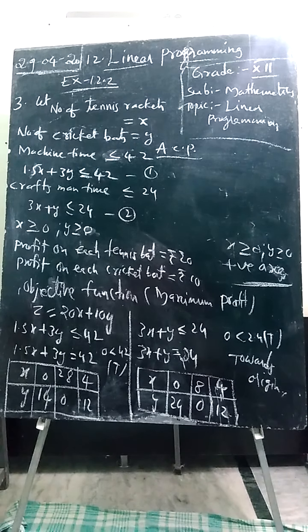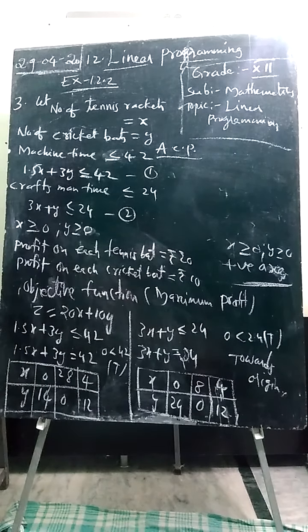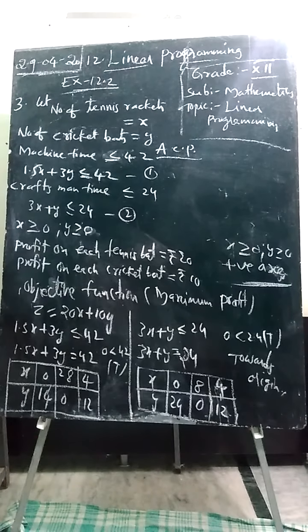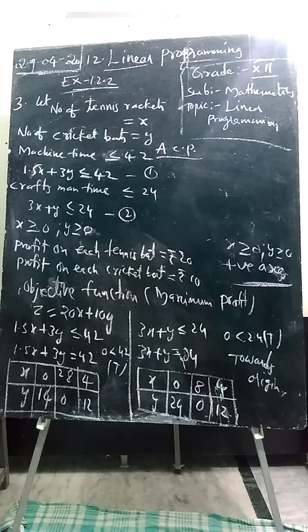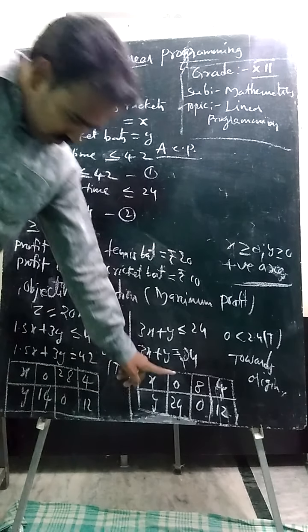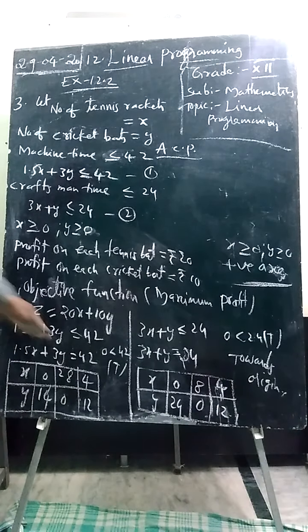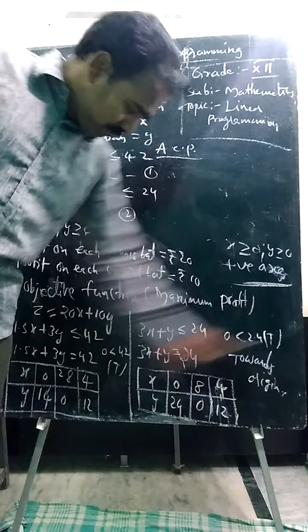First, frame linear inequations, restrictions, constraints according to the condition. Frame the objective function for maximum profit in this industrial manufacturing related problem, and from those inequations we got solutions (0, 14), (28, 0), (4, 12). For this, (0, 24), (8, 0), (4, 12). Both are true when we substitute the origin.